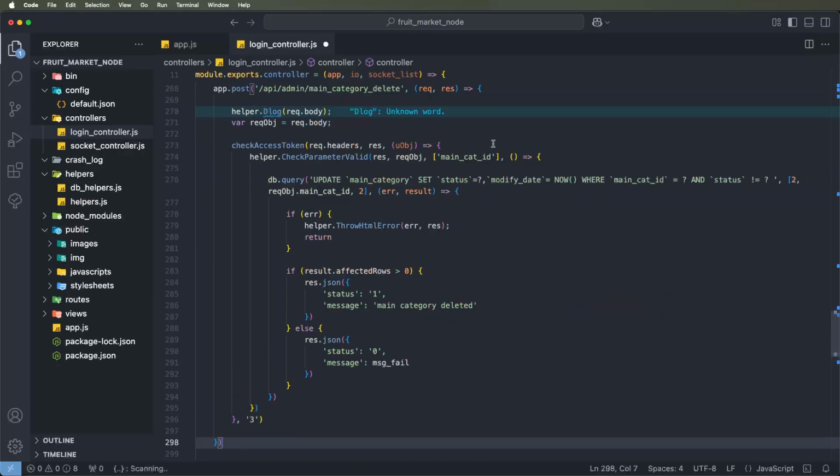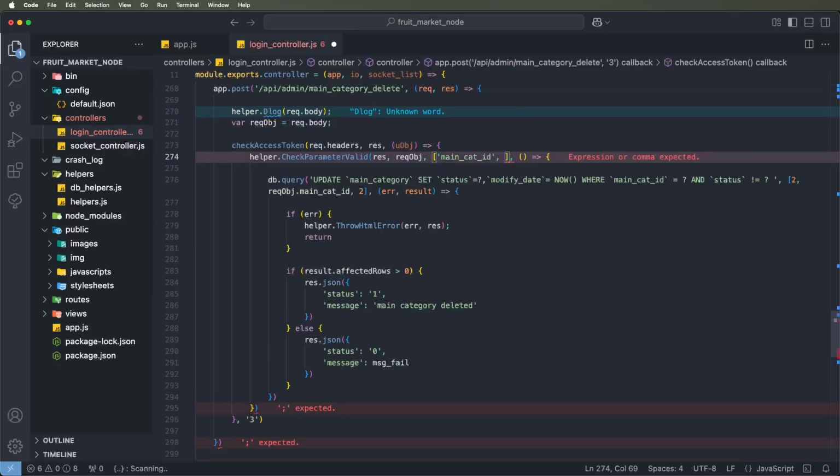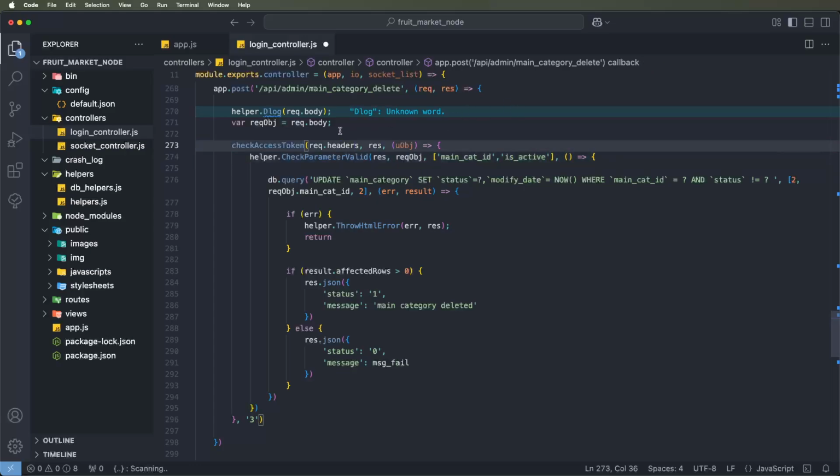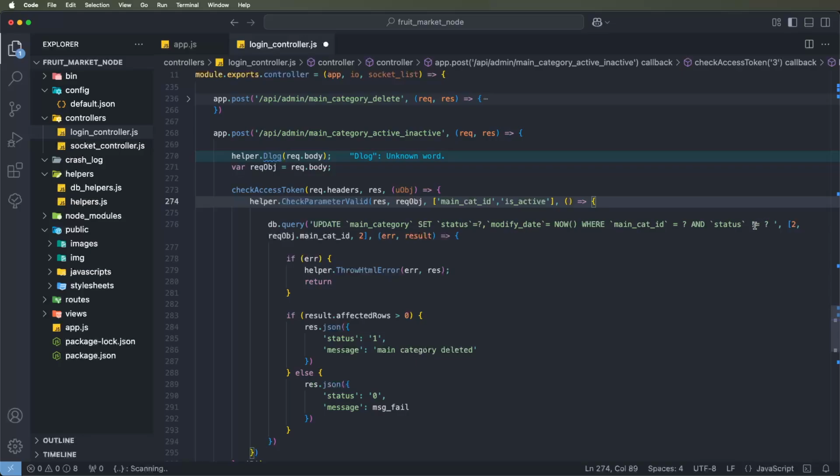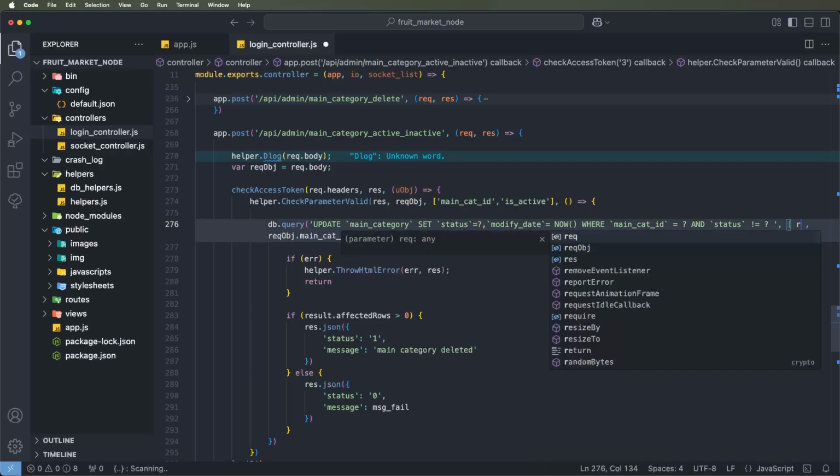Need to paste this here, and now we need to check the is active flag. Need to pass here the key is active. If it is inactive, then we pass 0. If it is active, then we pass the status as 1. So we need to set this in the active inactive API, and we need to set the status not equal to 2, and we need to update this status. Now we need to pass the request object